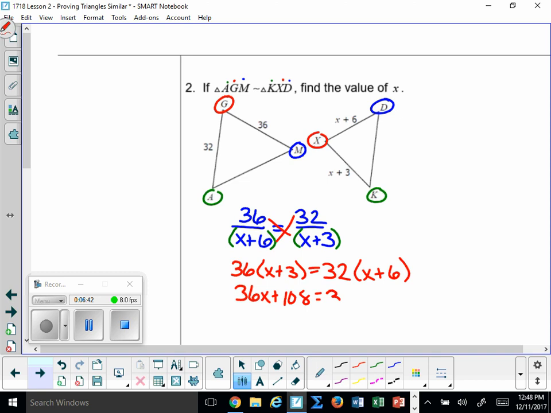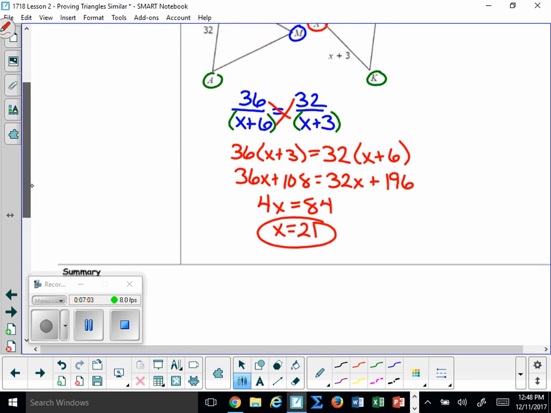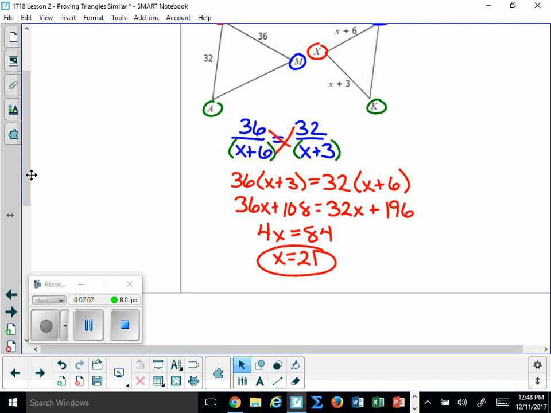108 equals 32x plus 196. All right, subtract the 32x, subtract the 108, divide by 4. Not bad if I do say so myself. All right, so for your summary, be sure to include the definition of similar triangles,